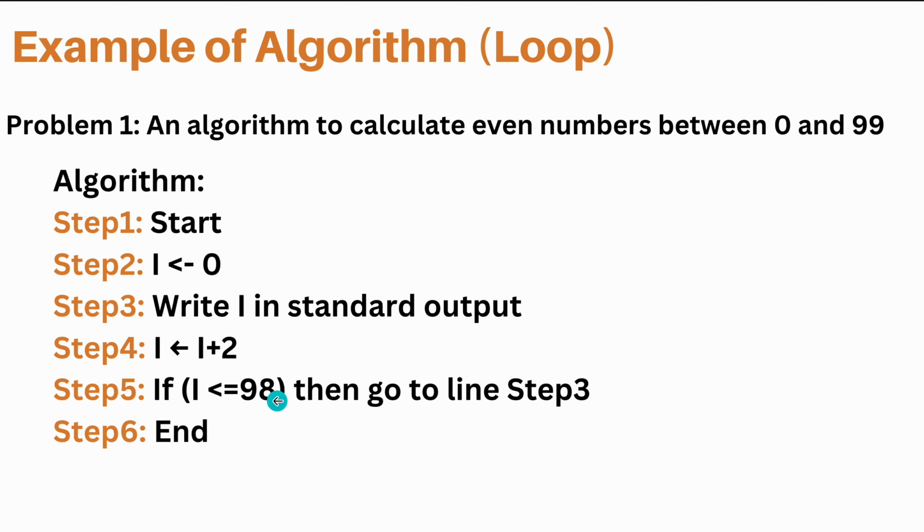If I is less than or equal to 98, then go to step 3 here. So we'll print that number, because we have 2 now, we print the 2, and again it will sum up. So this will keep looping until I increases to 98, and after it has reached 98, it will terminate. This is how we can calculate even numbers and get their sums